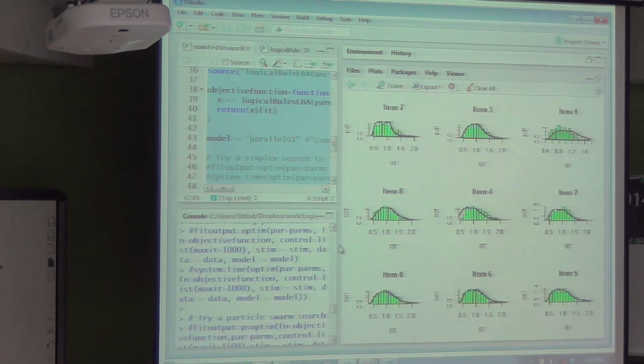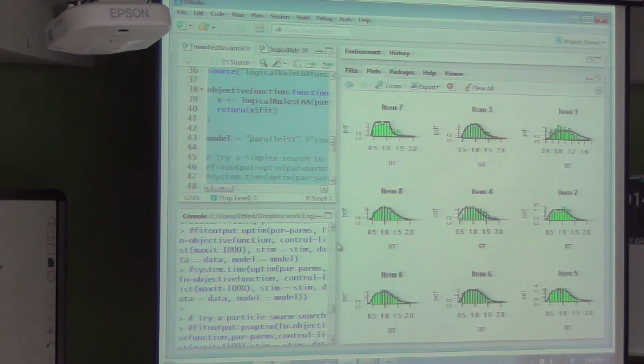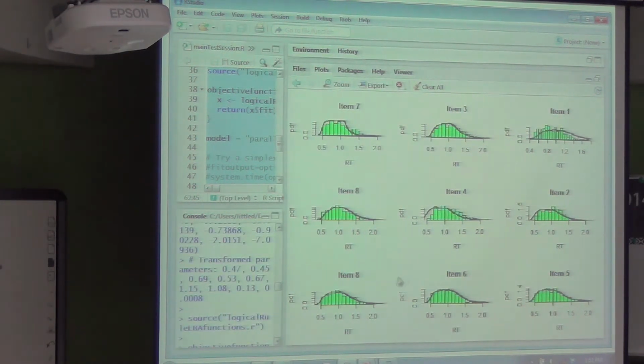If you have a really bad fit, it can be up around 20,000. So you know you're nowhere close. And if you look at these distributions, you can see that most of the time they do a good job. So here, the prediction for this item is highly accurate. It's really nailing that distribution. But some of the times it's not doing that well at all. So here it's predicting more fast response times than are actually seen in the data. Here it's predicting more long response times than are actually seen in the data. But on the whole, across all 9 of those items, it's not doing too bad of a job.